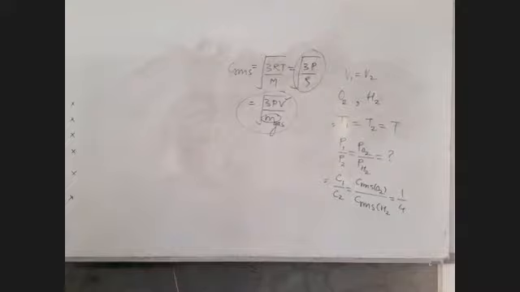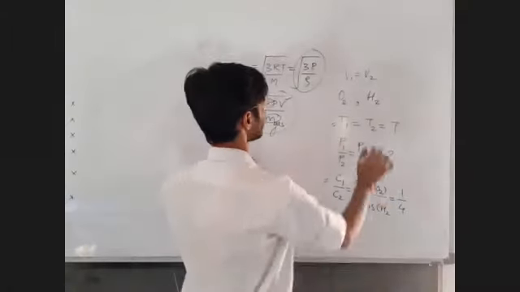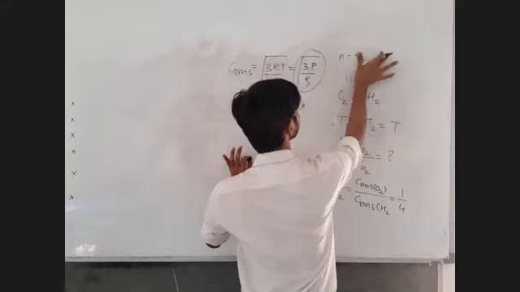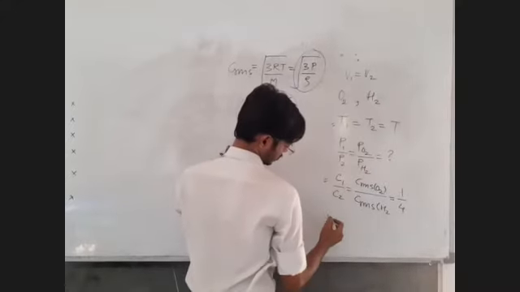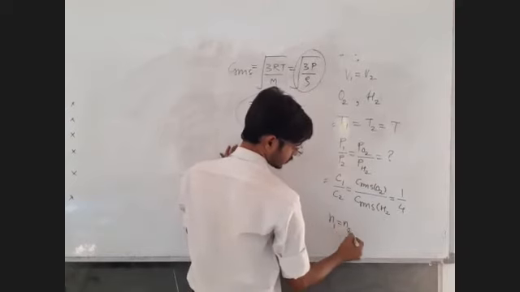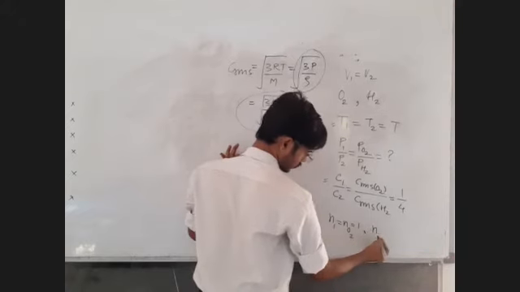Let me see. They have written some data for 1 mole of each gas. So the number of moles of the first gas is equal to 1. Let the column be continued. The number of moles of oxygen is given to be equal to 1, and the number of moles of hydrogen. What is that?